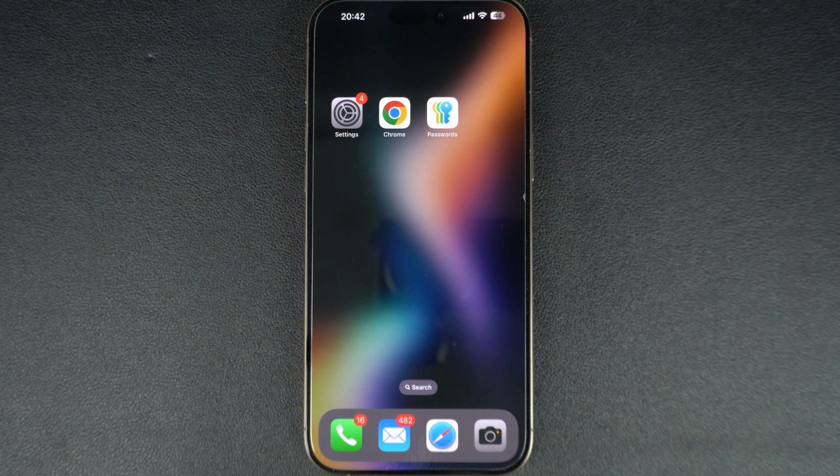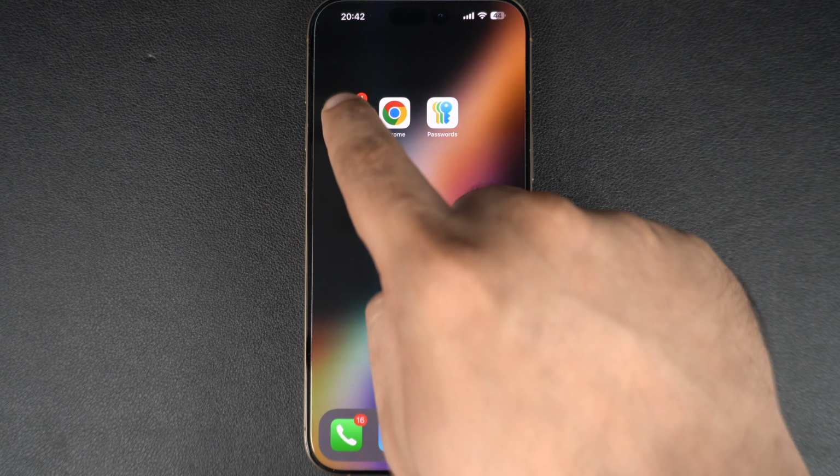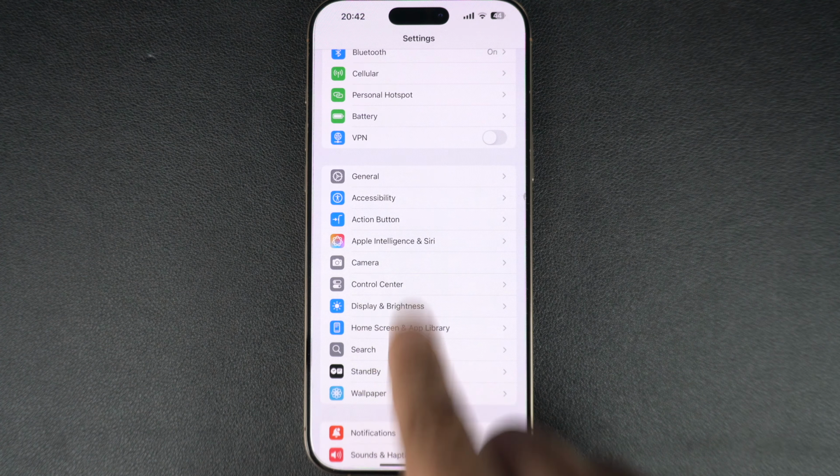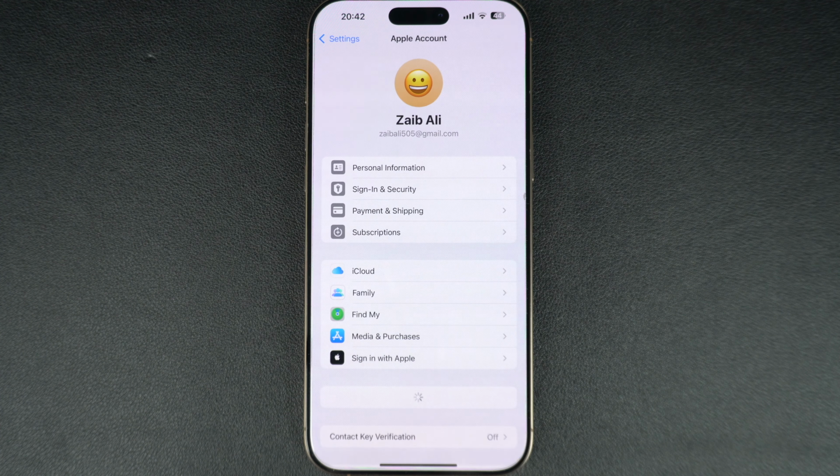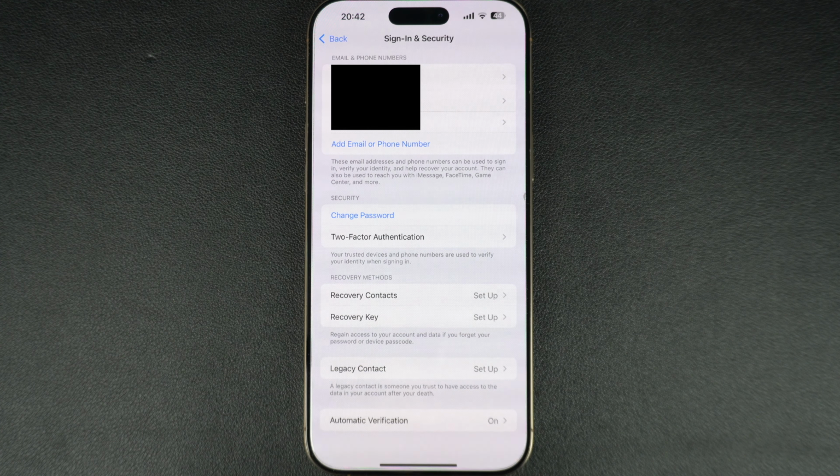password. You can do this by going to Settings and then tapping on your name from the top. Here, tap on Sign In and Security option, and on the next screen, tap on the Change Password option. By tapping on this, you should be able to change your password without entering your old password that you have